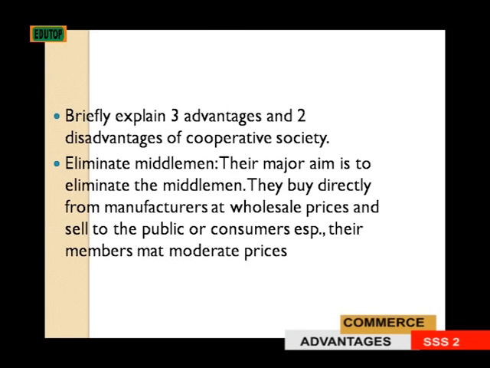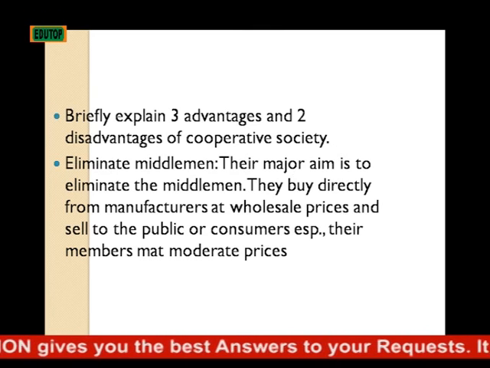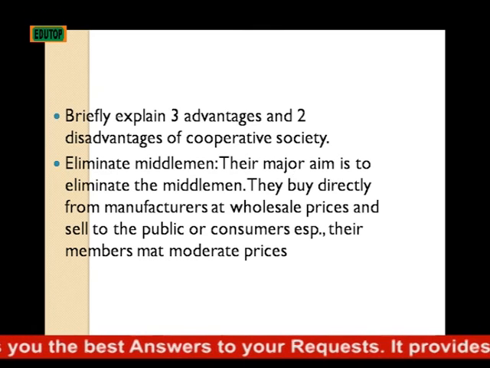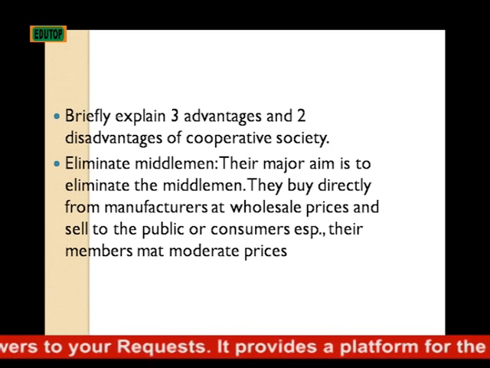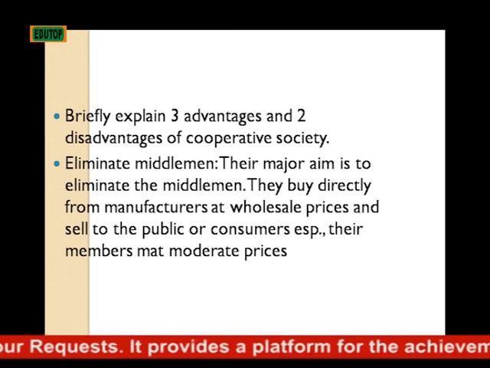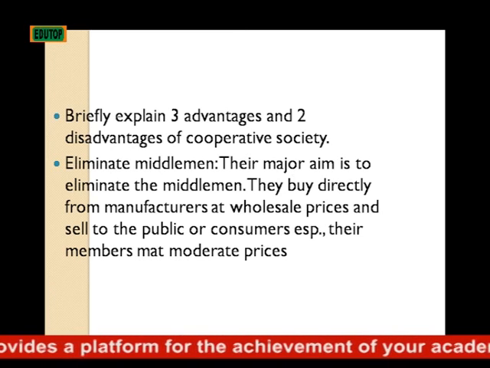Briefly explain 3 advantages and 2 disadvantages of cooperative society. 1. Eliminate middlemen. Their major aim is to eliminate the middlemen. They buy directly from manufacturers at wholesale prices and sell to the public or consumers, especially their